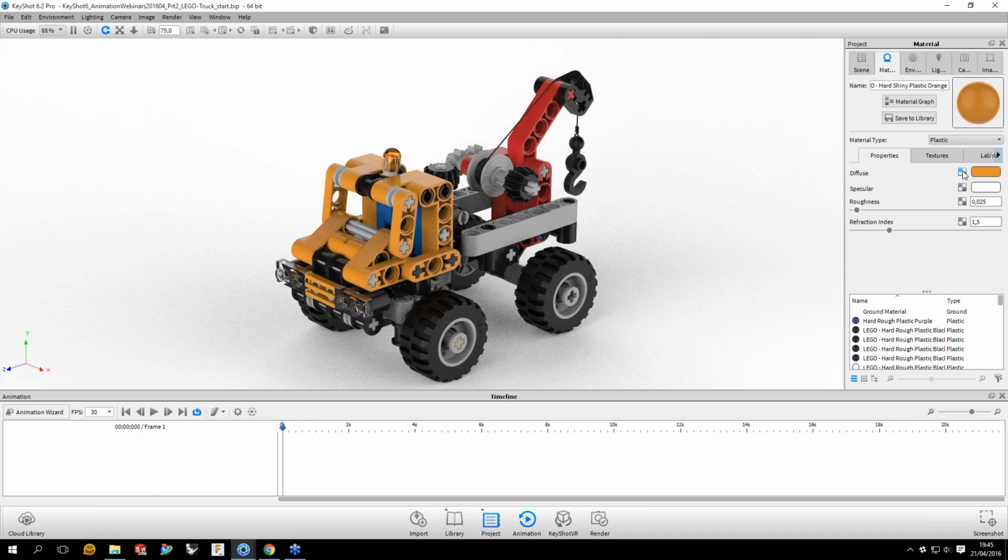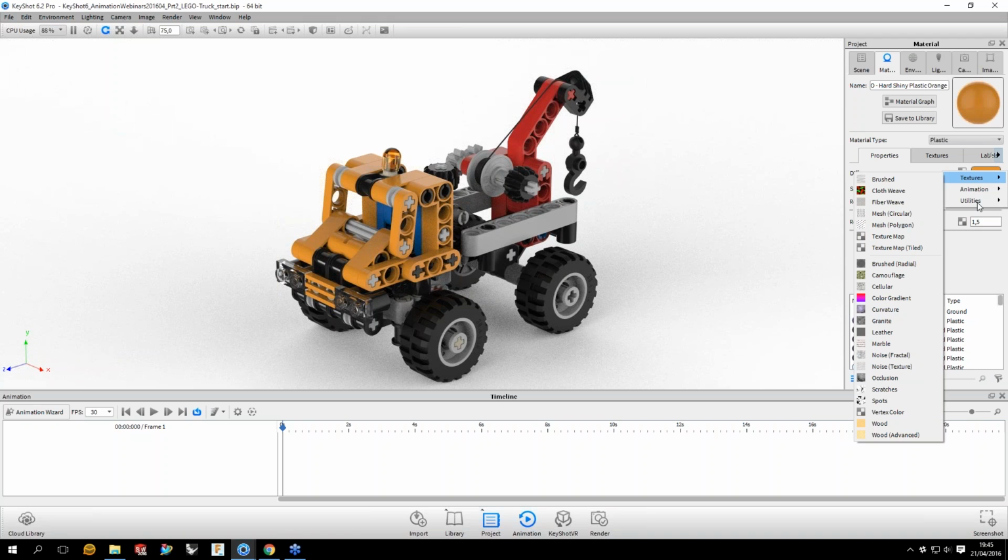So color and number fade are the material animations we have available today. In this case, for the diffuse color, right click, animation, color fade. If I apply color fade,